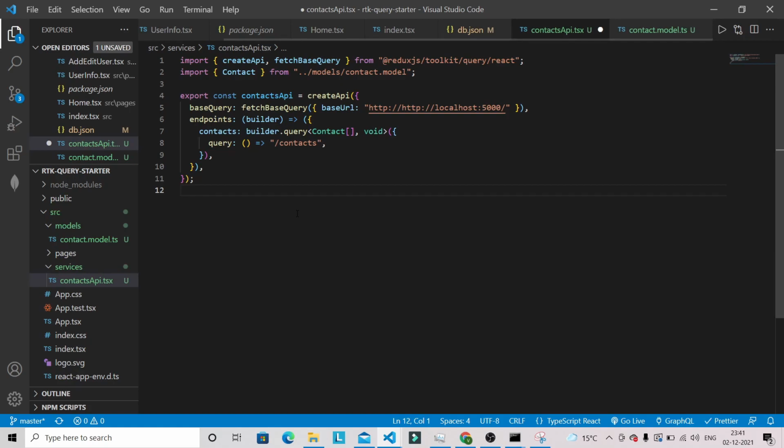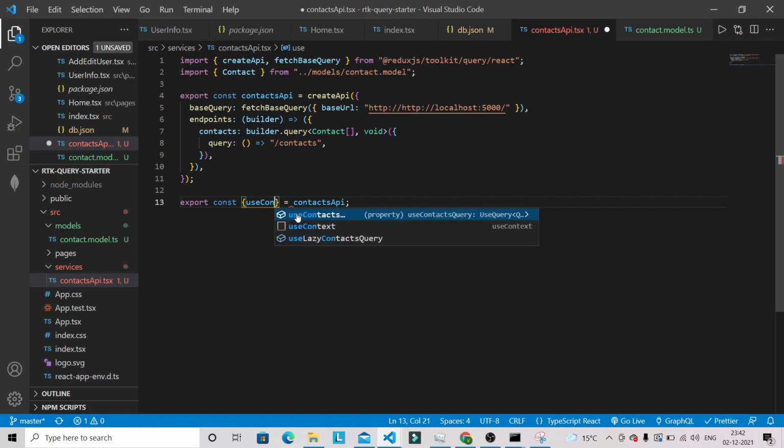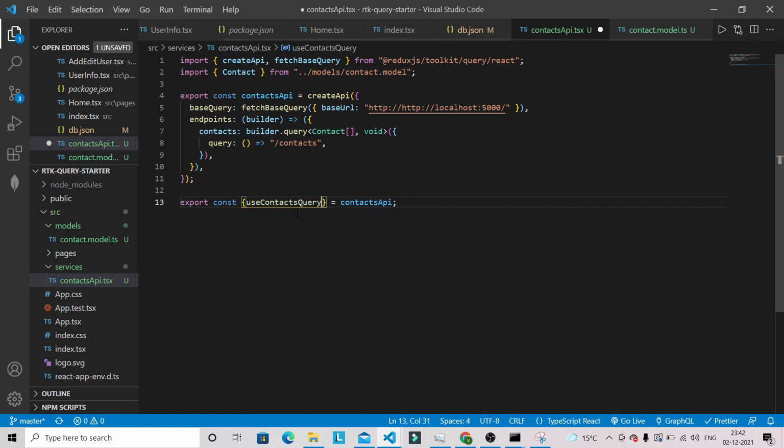So whenever we create a query like this, then it will automatically expose the hooks which we can use to fetch the data from this endpoint. So once you create this query, it will expose this hook from this contact API. So the hook will be like useContactsQuery, okay.